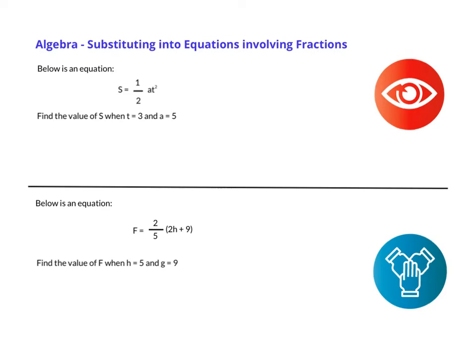The question on your progress check that you didn't get quite right was: s equals a half at squared, find the value of s when t is equal to 3 and a is equal to 5. Before I do anything, I'm just going to rewrite what that equation is asking me to actually do. So I've got s equals a half, and then that is being multiplied by a and then multiplied by t